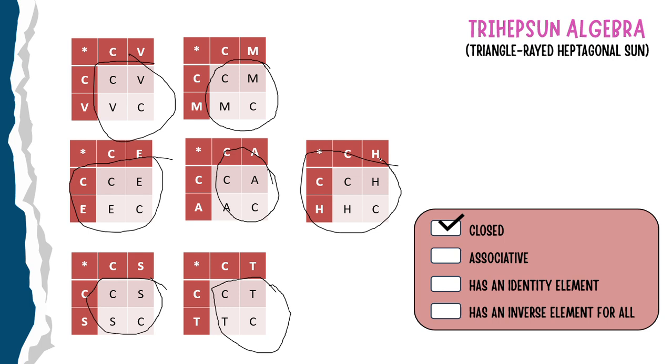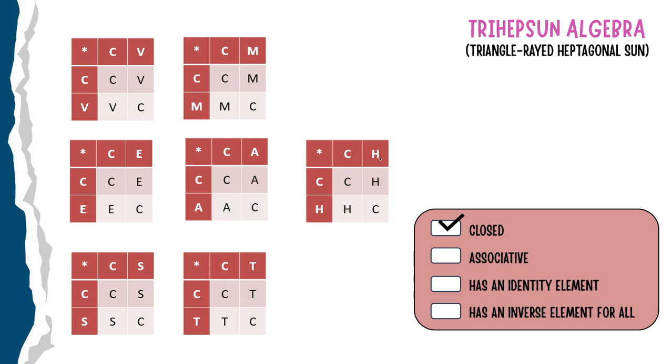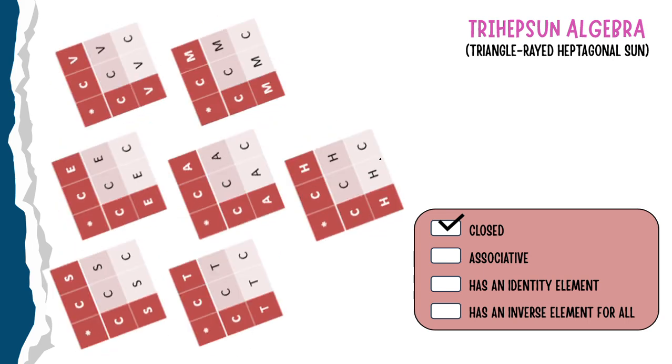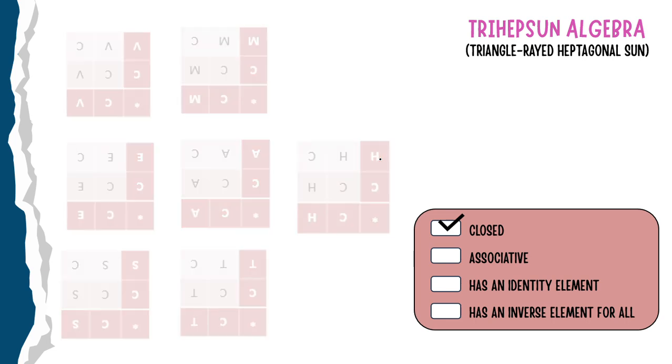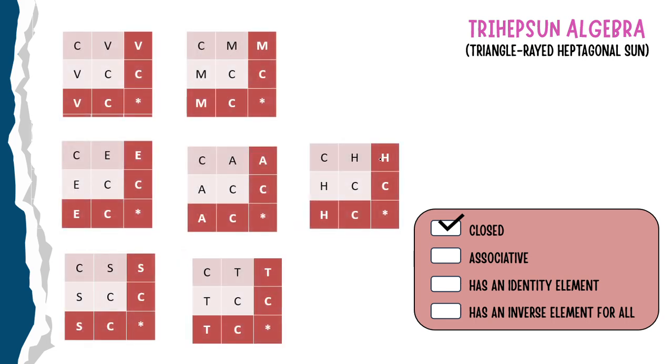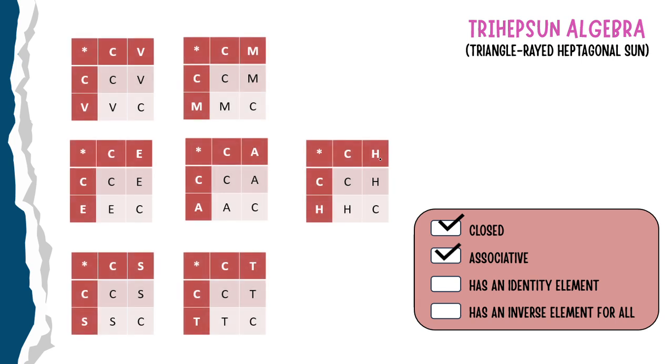To see the associativity, let's rotate it again 180 degrees. So we will rotate this 180 degrees. And as we can see, the resulting elements is same with the original table. Therefore, we can say that all tables or all subgroups of 2 is associative. So here, let's check their identity element.